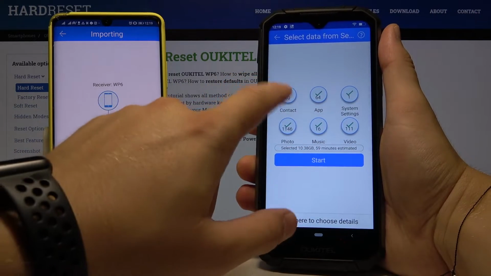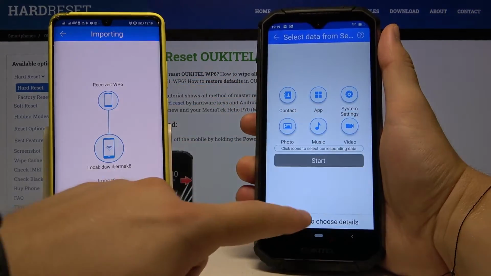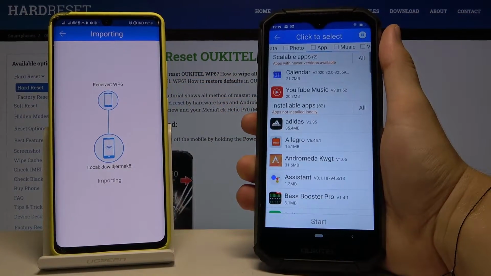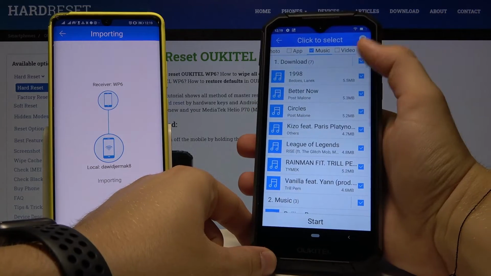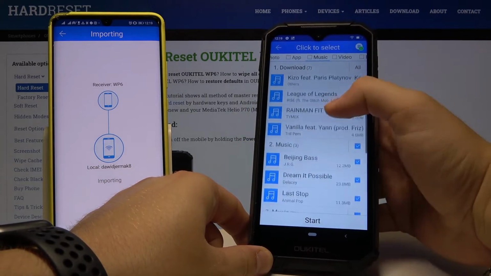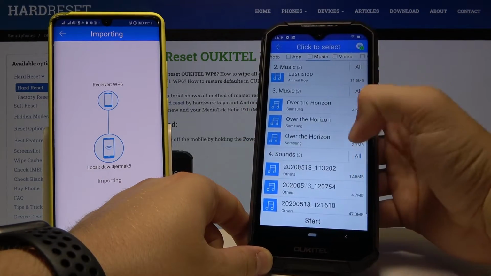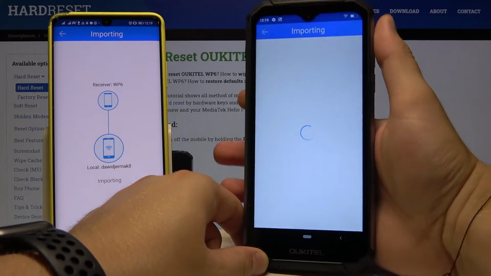Right here you got the selected files, the size of the selected files, and also the estimated time. So we are not going to wait that much, and I'm going for the details, and I'm going to show you how it looks on the songs. I'm going to take these songs, and the other I'm going to unselect. Click start, OK,